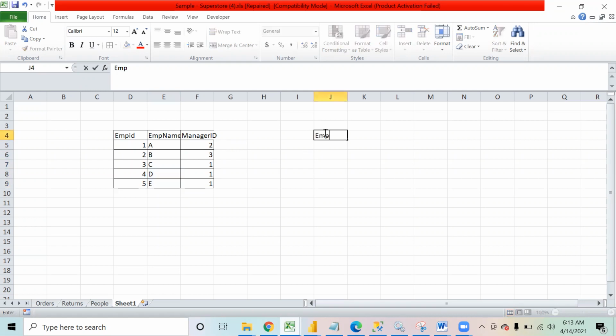What I want to do is generate an output. This is the employee name, and this is the manager name. So the employee names are A, B, C, D, E, and over here I should get the name of the manager. This is what I want to achieve. This is the table in which the information is given to me, and this is the output that I want to generate. So how will we do it?